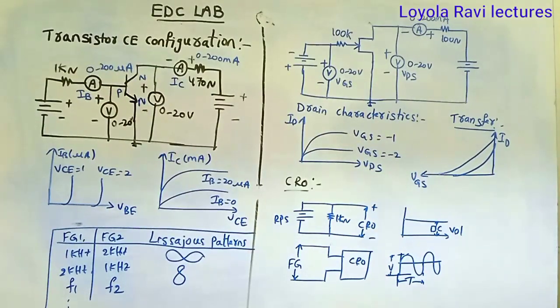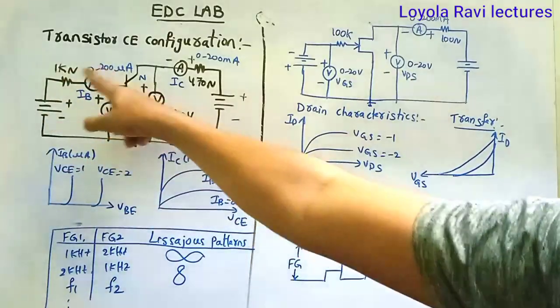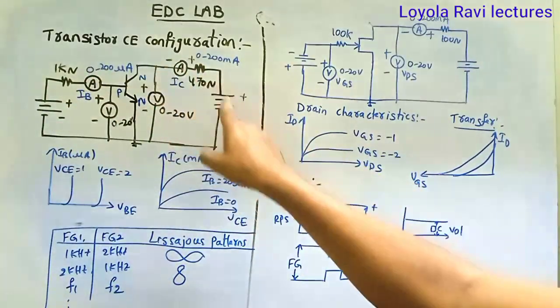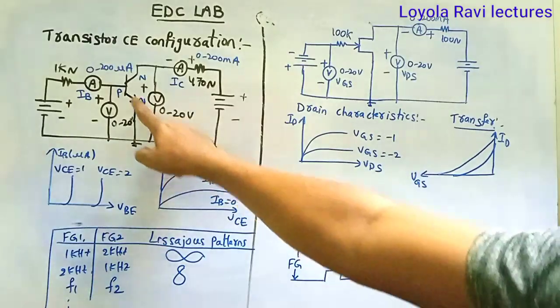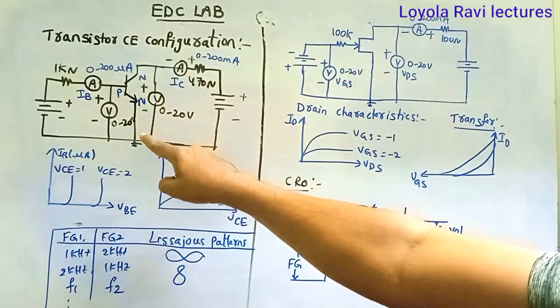NPN transistor. How to remember this circuit: the input junction should be forward biased, and the output junction should be reverse biased. In other words, the emitter-base junction should be forward biased and the collector-emitter junction should be reverse biased. So here,